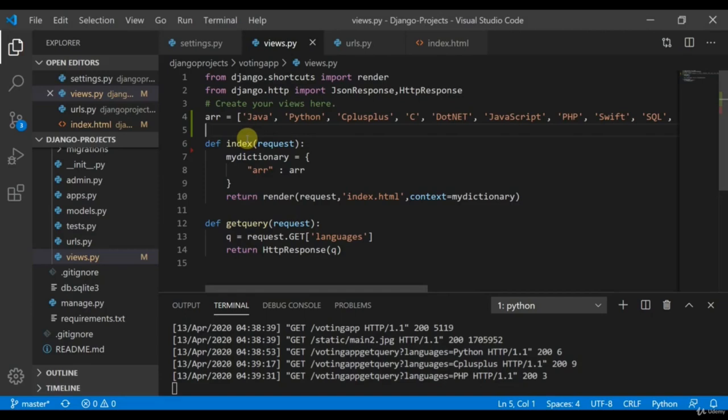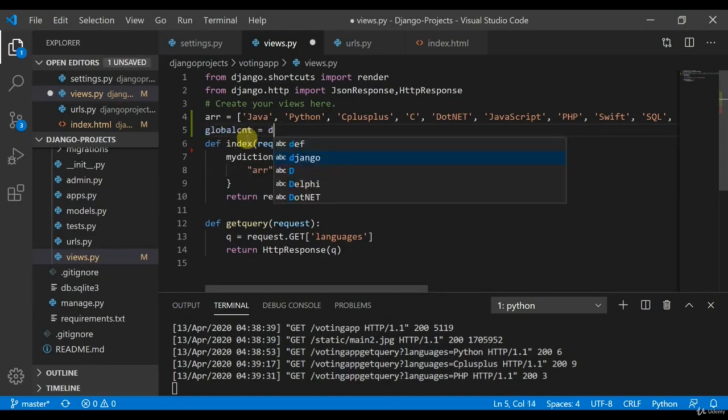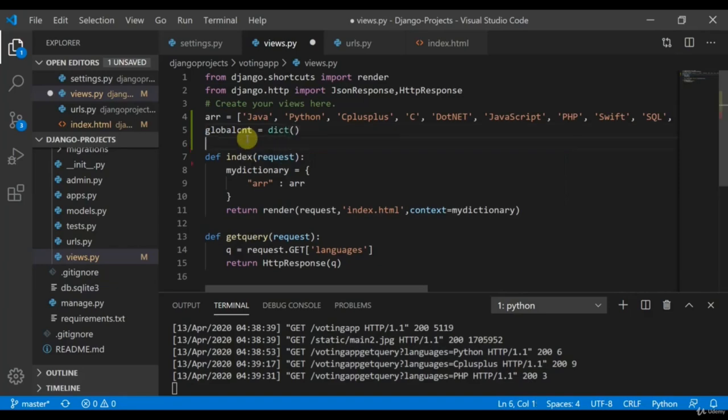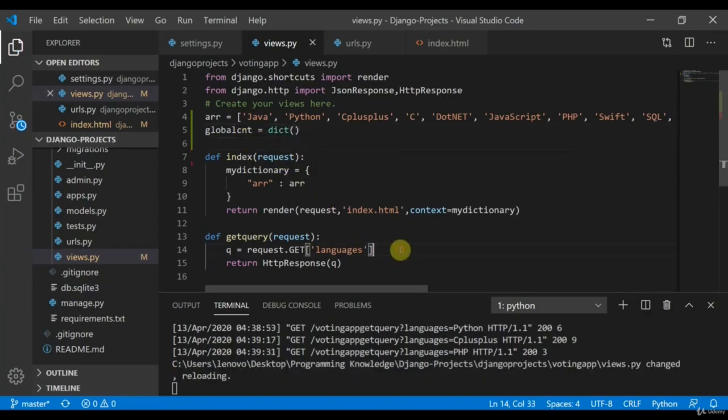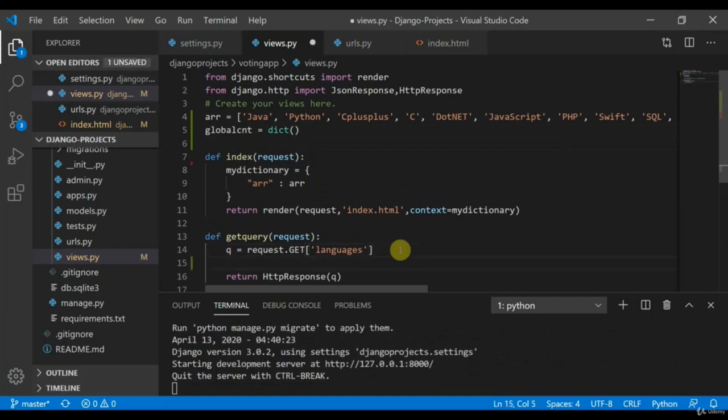We already discussed that part in the coding question as well. So I would quickly give an overview of how this would work. Let me define global count. This is going to be a dictionary data structure. Okay, so this works perfectly fine.